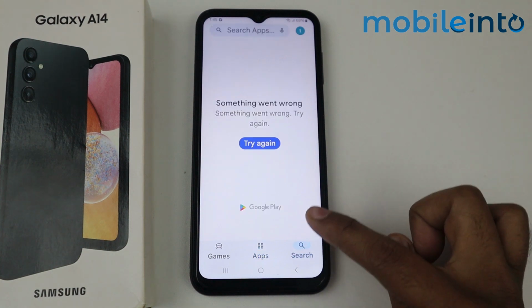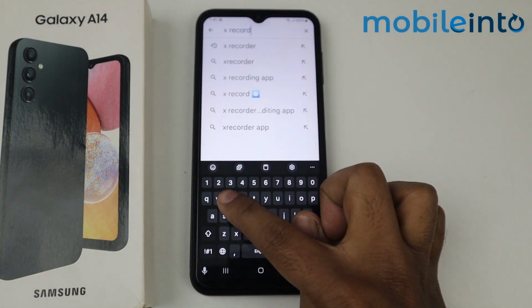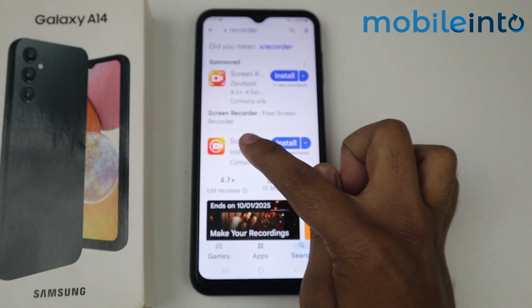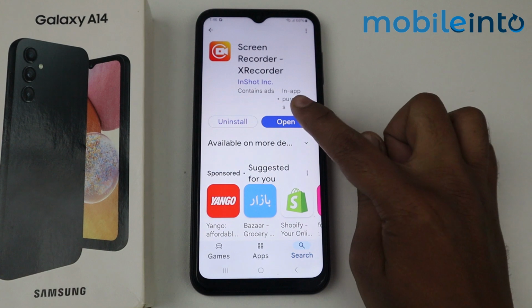Tap on search, tap here, write X recorder and search. Tap on this application and install it. X recorder is installed, simply open it,